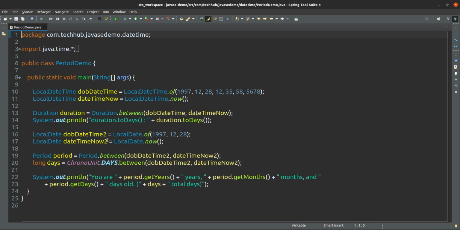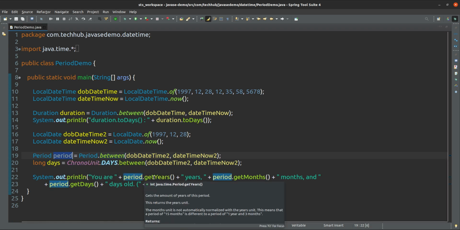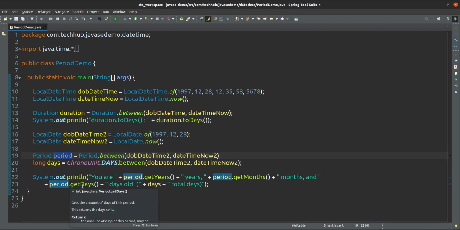So this is the duration. Using this duration we have counted days, and using this period also we can count the period between, and using this period we can get how many years there are, how many months there are, how many days there are.